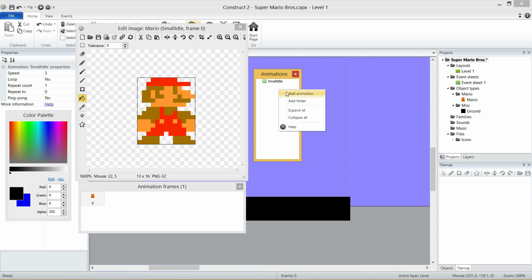So right-click, add animation to create a brand new one. And you can go small running, and we're going to do the same thing for the rest of them. I'm going to do this pretty quick just to get it out of the way. So small jumping, small skidding, big idle, big running, big jumping, big skidding,